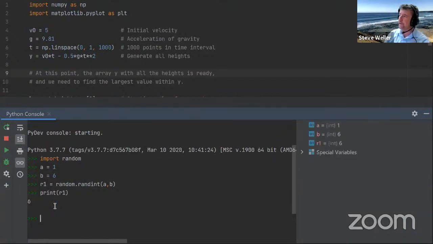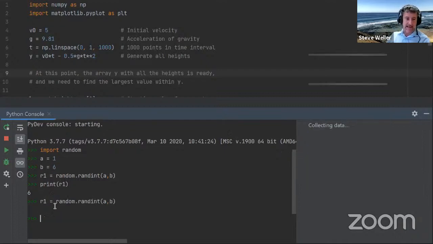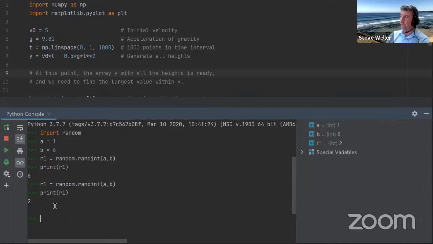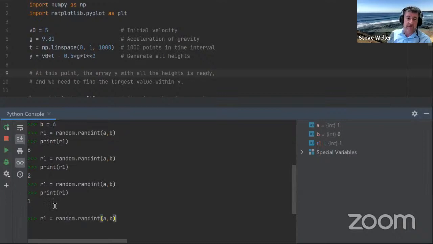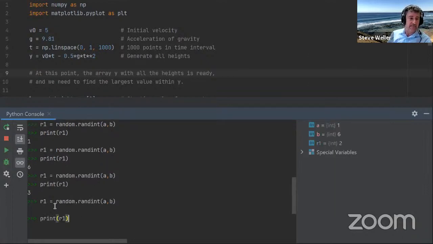6. Fantastic. Roll the dice. We got a 6. Let's run it again. Print it again. We got a 2. That is the first time in this course we've seen a function which, when you rerun it, produces a different answer. It's random. Generate, roll it again, we get a 1. Run it again, we get a 6. We've already had a 6. That's okay. Roll it again, we get a 3. Roll it again, we get a 2.